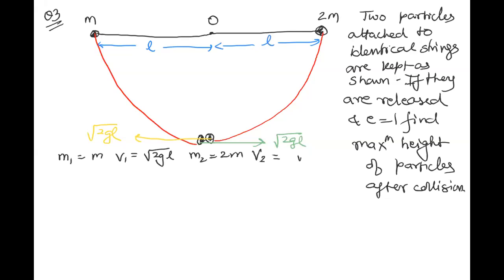V2 is equal to minus √2 GL. So V1 prime is equal to M1 minus M2 upon M1 plus M2 into V1 plus